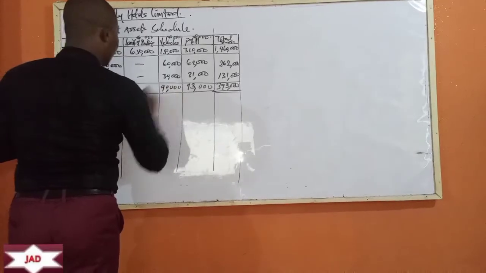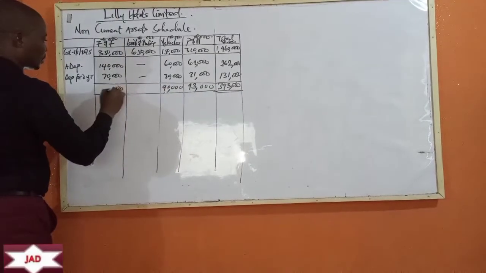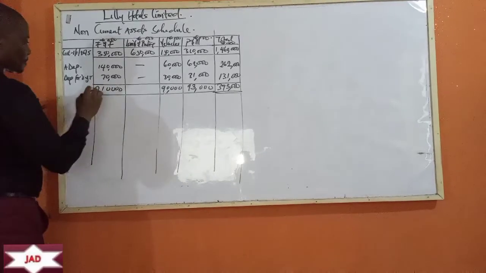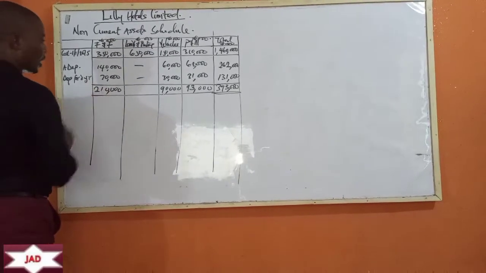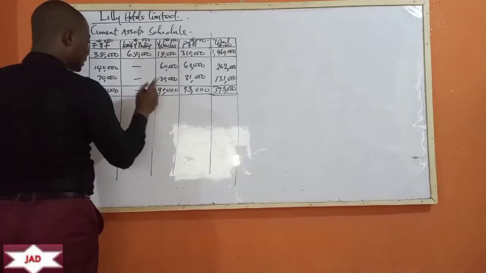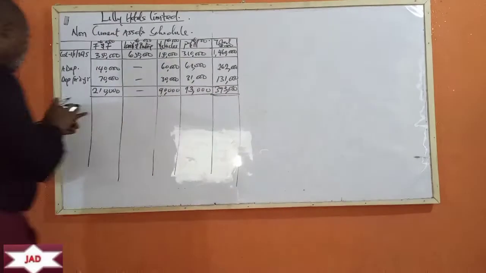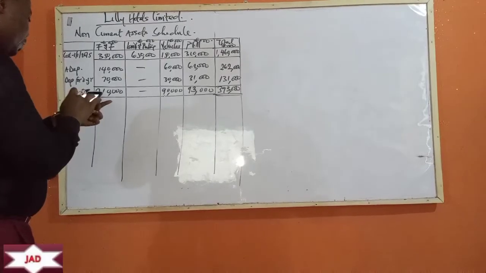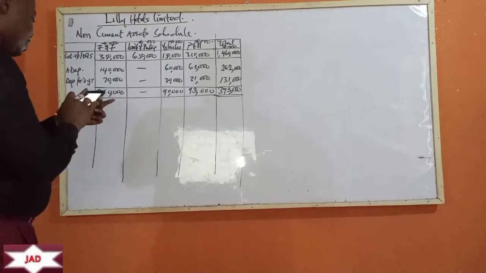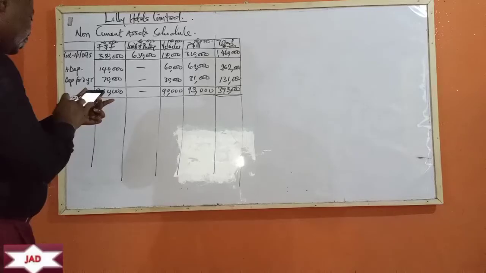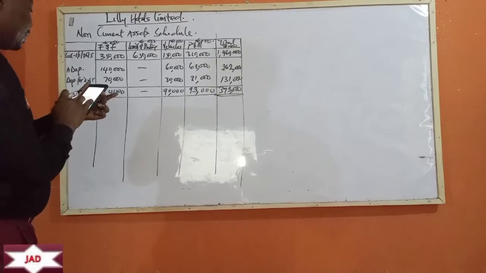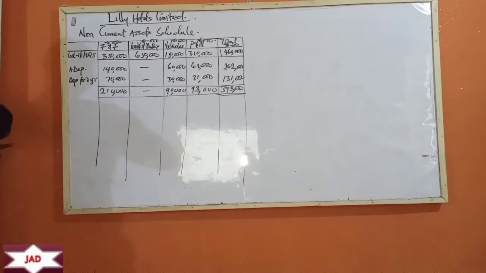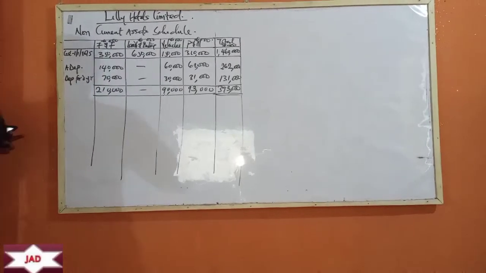Okay, so this is what? 7 plus 4, I think that's 11. So this is 21, right? Yes, if you add this to this to this to this, it gives you this. So let's try: we have 21,000 plus 90,000 plus what? 93,000. So we have 393. So that is it. At this level now, we'll now say what?